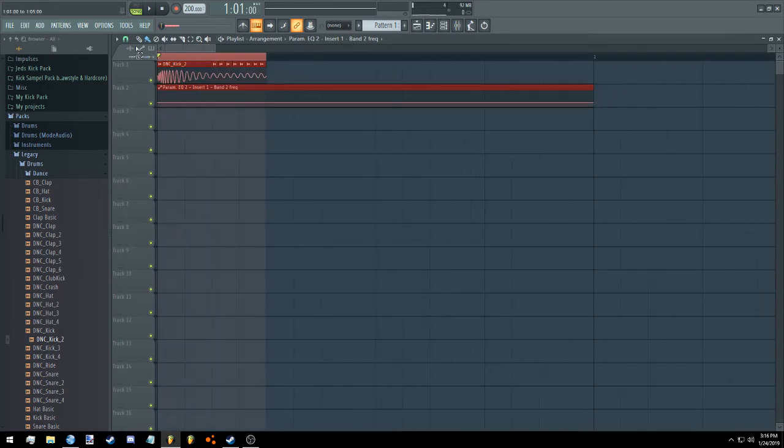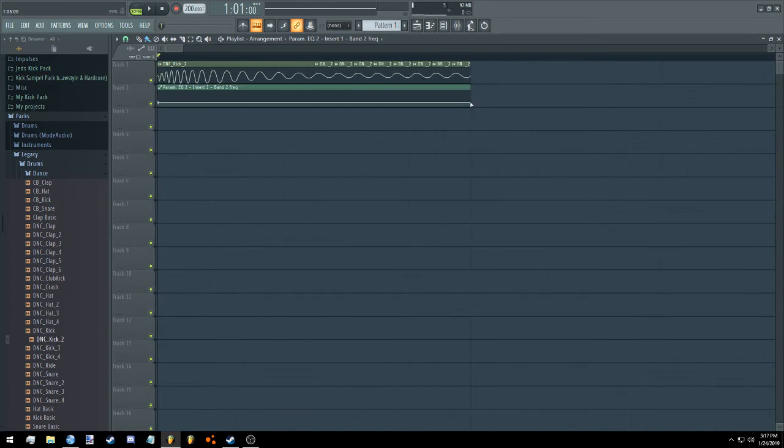And I forgot to do this number last. I forgot to do this before I went into the mixer this time, so it's a bar long, but that's okay because I can just shorten it. Now all you need to do is right click to add points, and what I want to do is